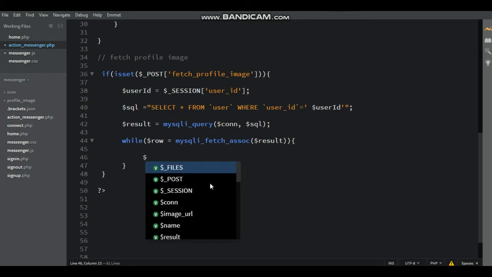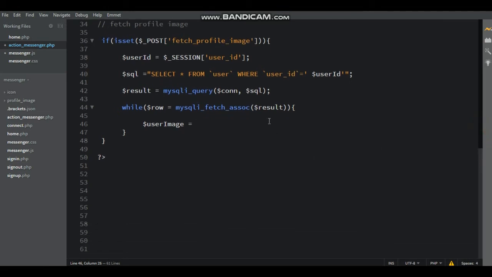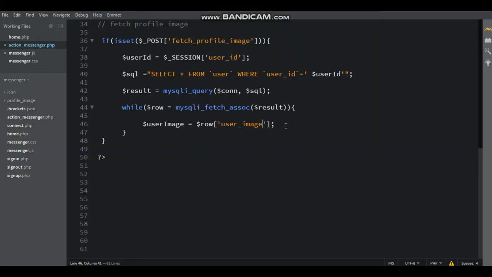Here $user_image equal to $row inside square bracket inside single quote, write same that user image, that is same as in the PHP MySQL database.